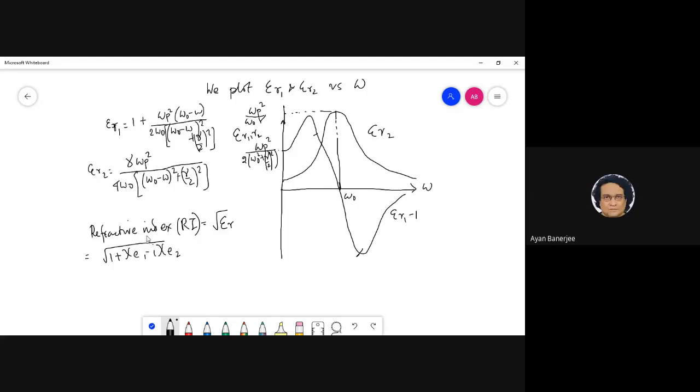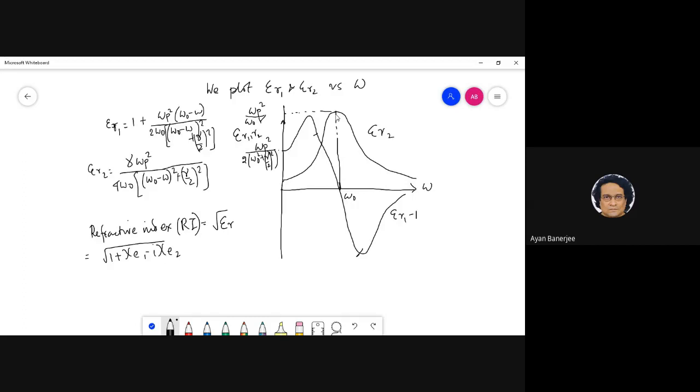Sir, I have a question. For this epsilon r1 and epsilon r2, we use the approximation that omega is near omega 0. Then we plotted them. Kind of. Basically, Rohan, that approximation we are using here. In this region I am approximating this function to be this, so that this omega 0 becomes the resonance where both are happening. Essentially, we are sort of absorbing the gamma part inside.